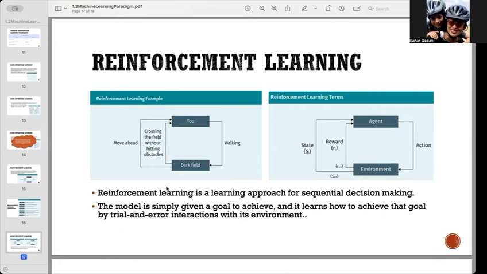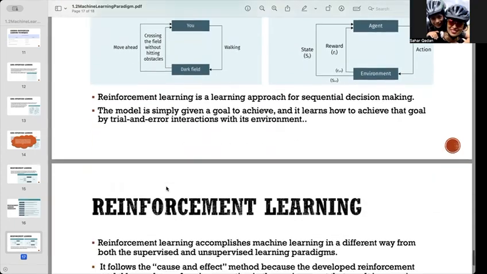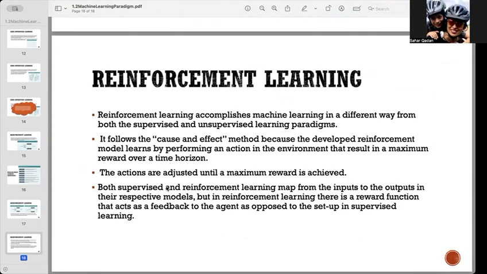So reinforcement learning is a paradigm where you learn sequential decision-making processes. The model is simply given a goal to achieve, and it learns how to achieve this goal by trial and error interaction with the environment. Reinforcement learning accomplishes machine learning in different ways from both supervised and unsupervised learning, and it follows the cause and effect method, because the reinforcement model learns by performing an action in the environment that would result